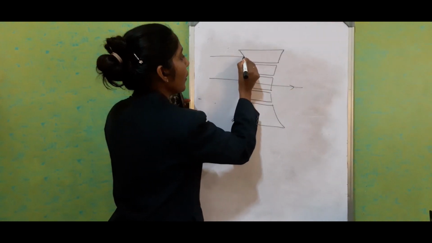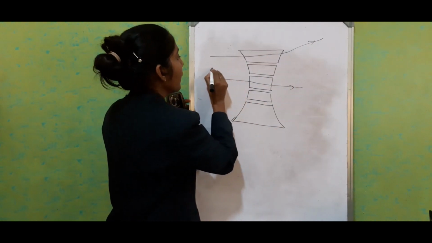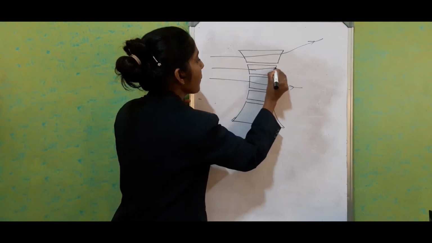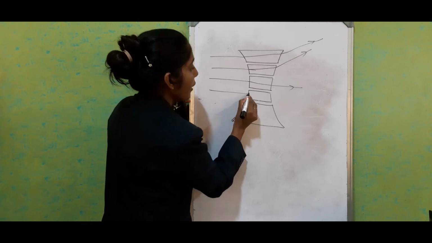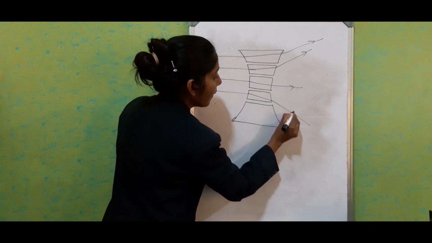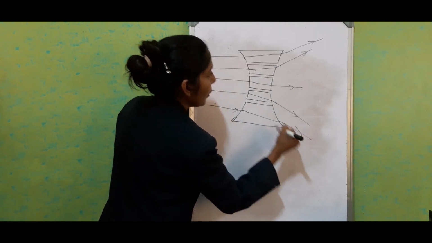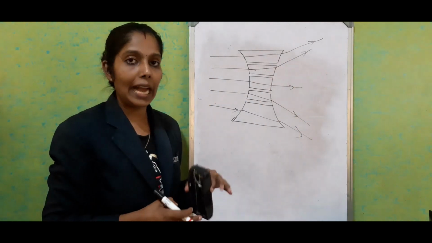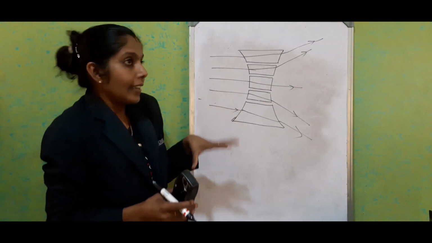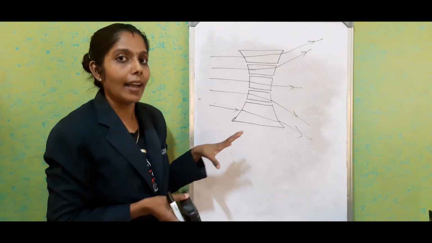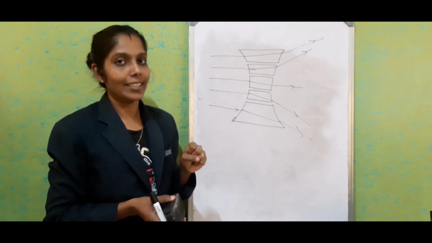When the light enters over here, it bends towards the base. For here also, it goes like this way. It bends like this way. For this one, these are the bases. For here, slowly come down, goes like this way. For this one, comes like this way. So it shows a diverging action. So both concave and convex lens, like a combination of prism and glass slab, this is the way how it converges and diverges the rays.